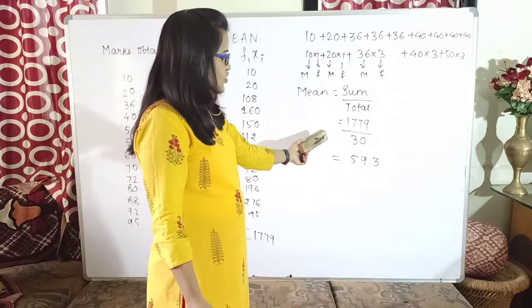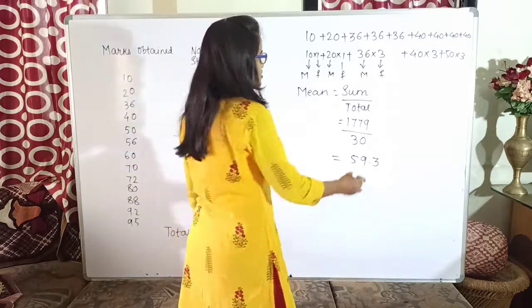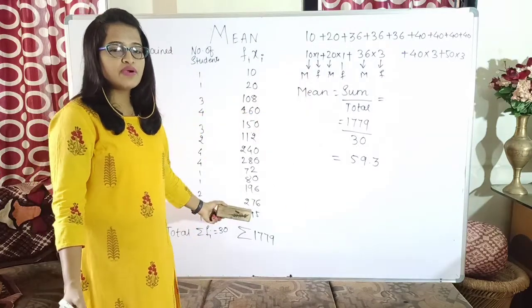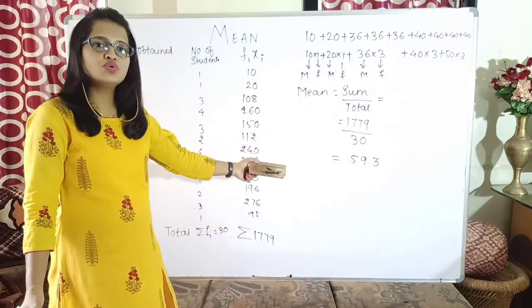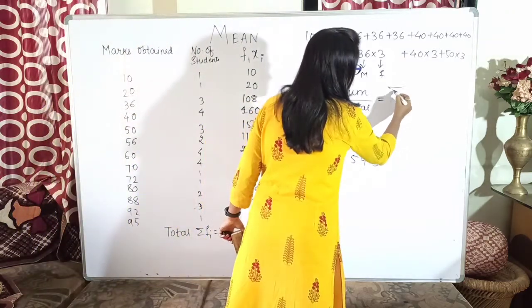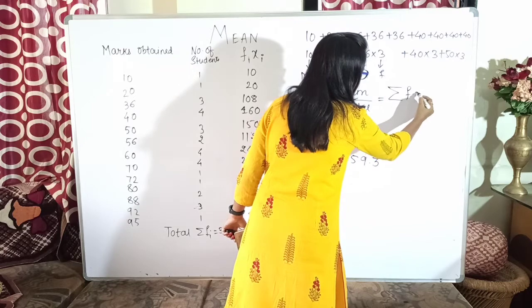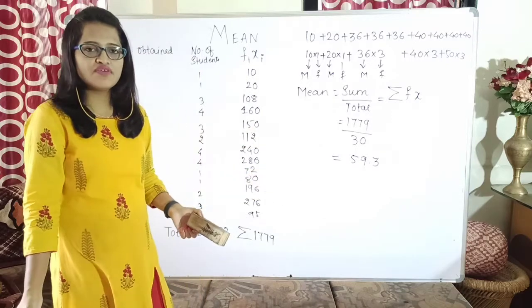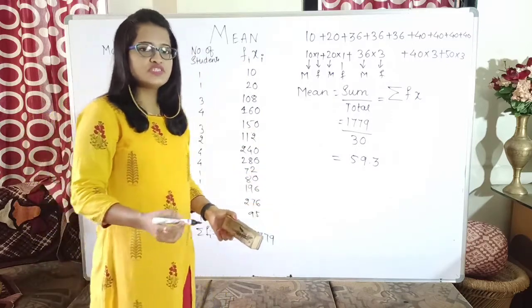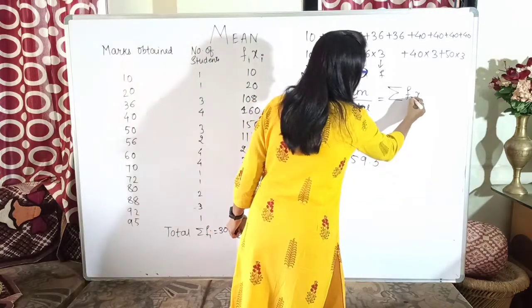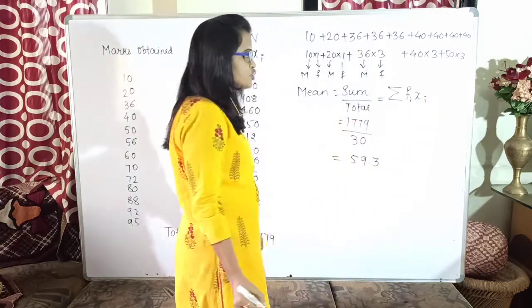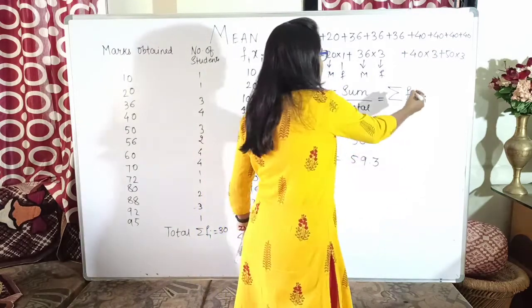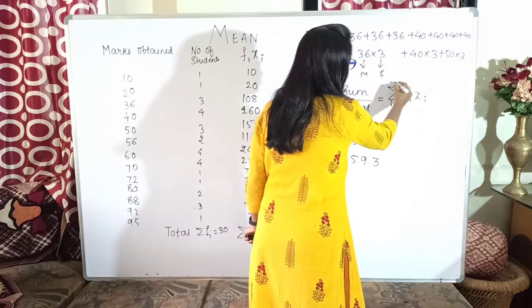So the average of the marks obtained by all the students is 59.3. Okay, so if I have to find a general formula for this, what can I write? What have you done here in the numerator? It was summation. Summation of what? Multiplication of frequency into observation. So let us write summation of frequency into observation. I have to multiply each frequency with each observation. So I will write here fi xi, which means the ith frequency gets multiplied with the ith observation value, where the value of i will be from 1 to n.